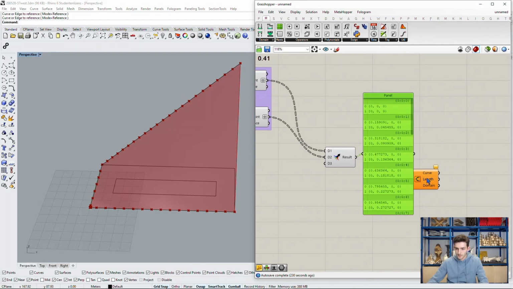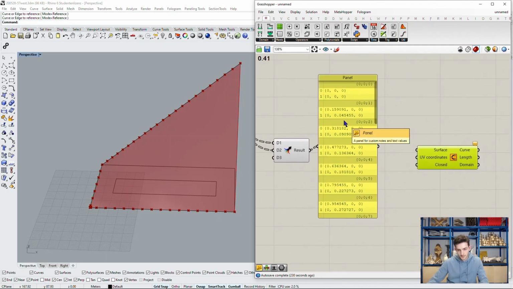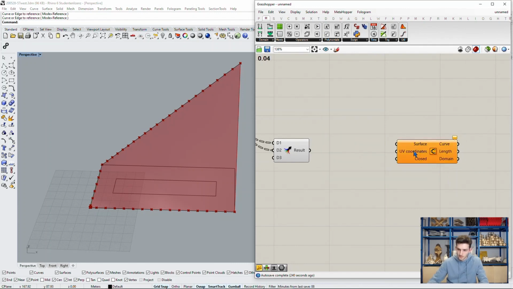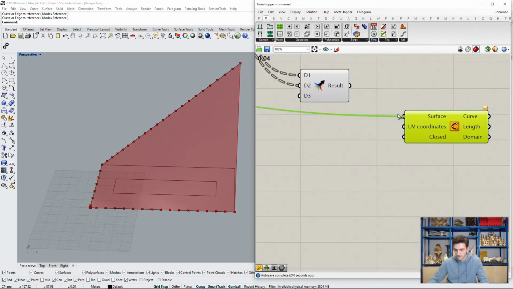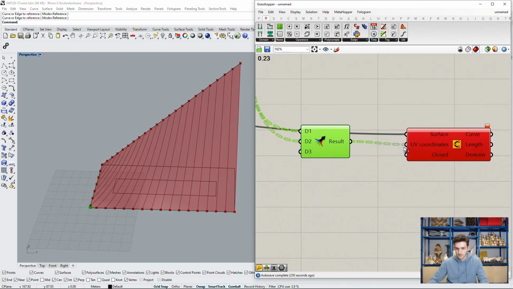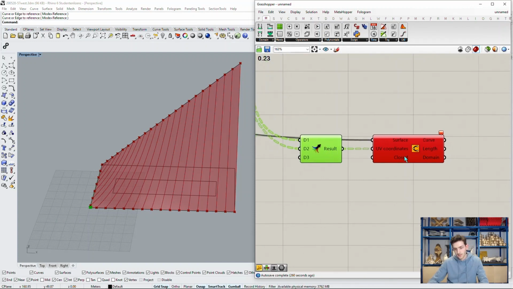And now Grasshopper will connect these two corresponding values within one branch with each other to create the curve we want on our surface. So we will connect it, first of all, with our surface, and then with the UV coordinates as well. And we see two things. First of all, we see that we do have the lines we want to have,